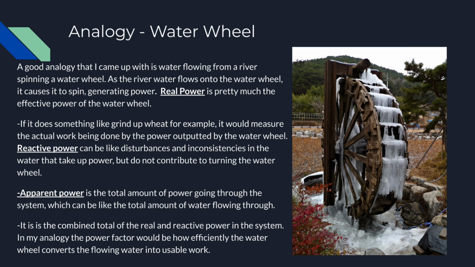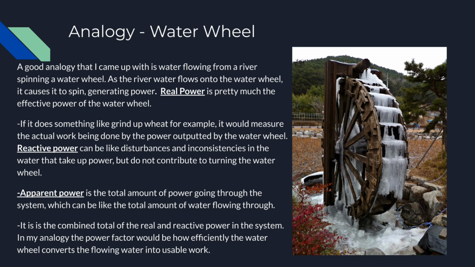If it does something like grind up wheat, for example, it would measure the actual work being done by the power outputted by the water wheel. Reactive power can be like disturbances and inconsistencies in the water that take up power but do not contribute to turning the water wheel. Apparent power is the total amount of power going through the system, which can be like